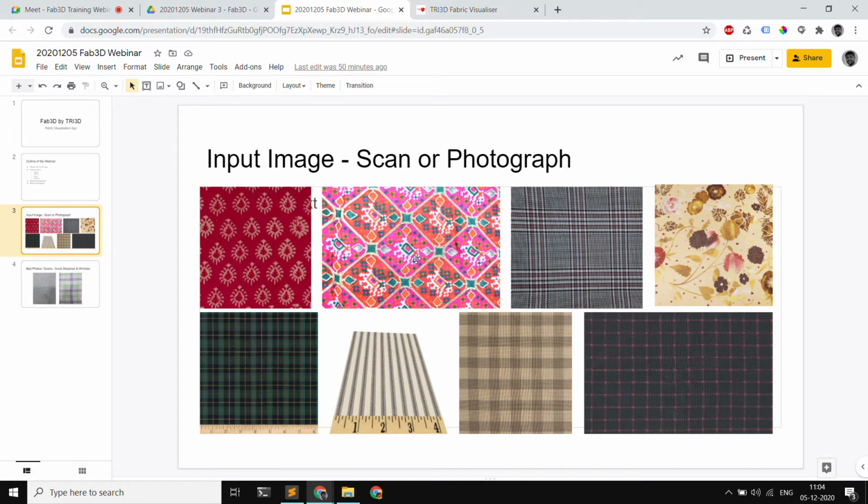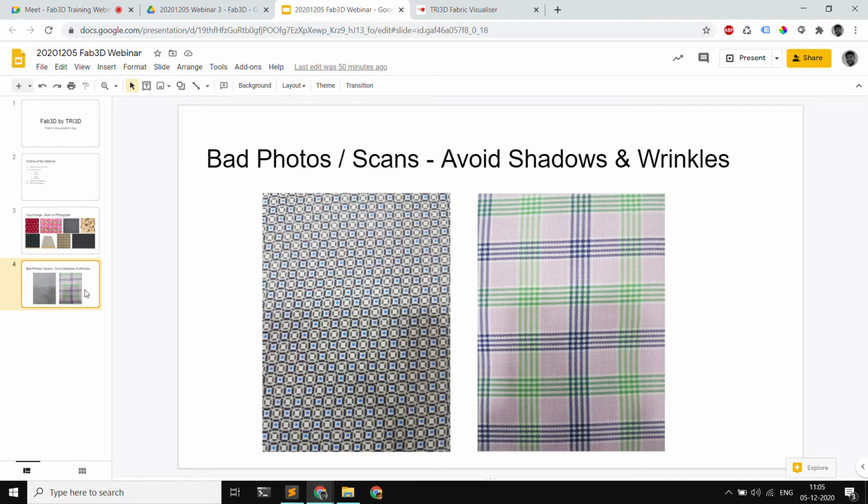The idea is that we need uniform lighting on the photograph or the scan that we're using. We should avoid things like shadows on the fabric, or bright light on one side and darkness on the other, which creates a gradient. Whatever sample we are photographing, we can click an area with fewer wrinkles. We have to make sure there is a enough number of repeats of the design in the photograph, so that we can use any sample from a location with uniform lighting.